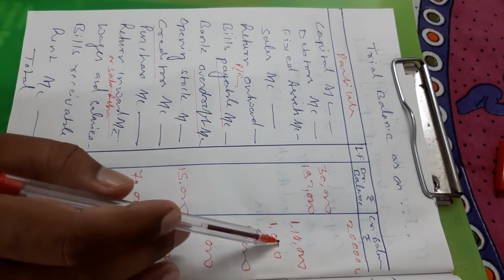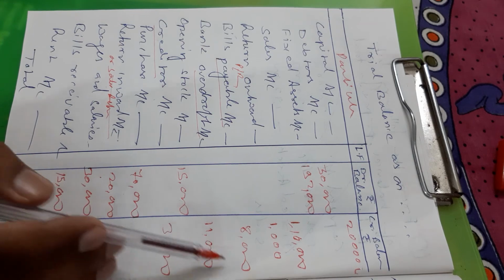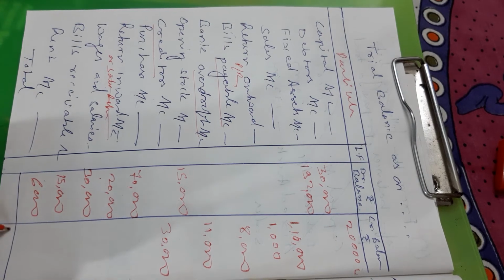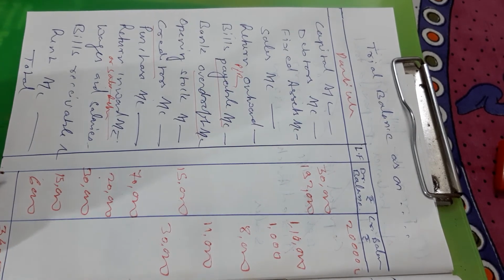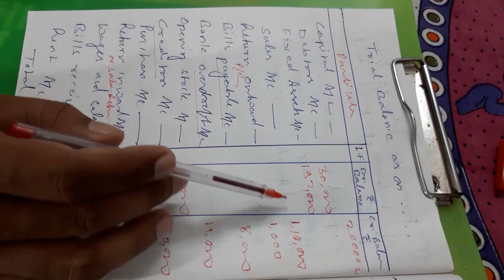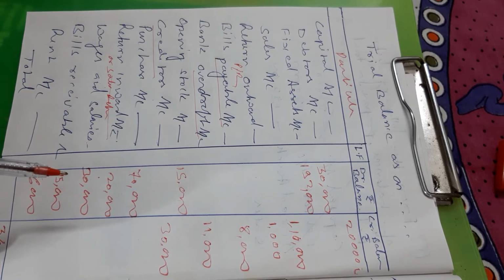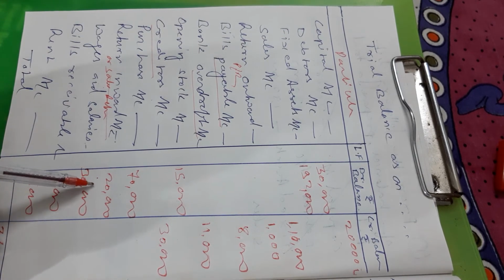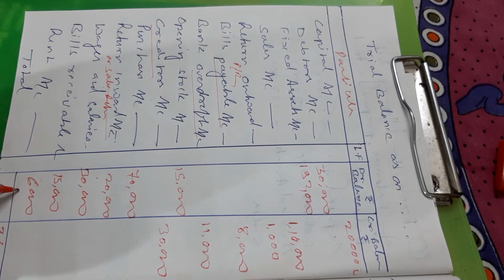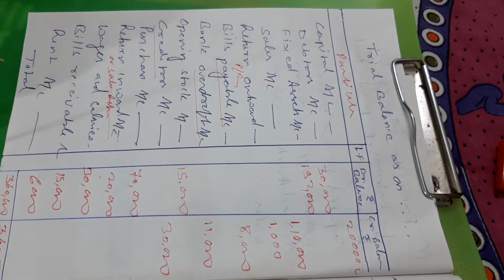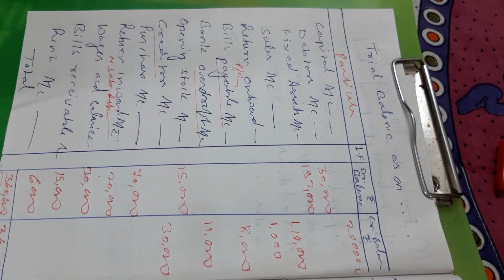Calculate it. 2 lakh, 1,10,000, 1,000, 8,000, 11,000, 30,000. Calculate it. 3,60,000. And here you will calculate it. 30,000, 1,92,000, 15,000, 70,000, 2,000, 30,000, 15,000, 6,000. Add it. 3,60,000. If your debit and credit balances are equal, then your answer is correct. If this is not equal, then your answer is incorrect.